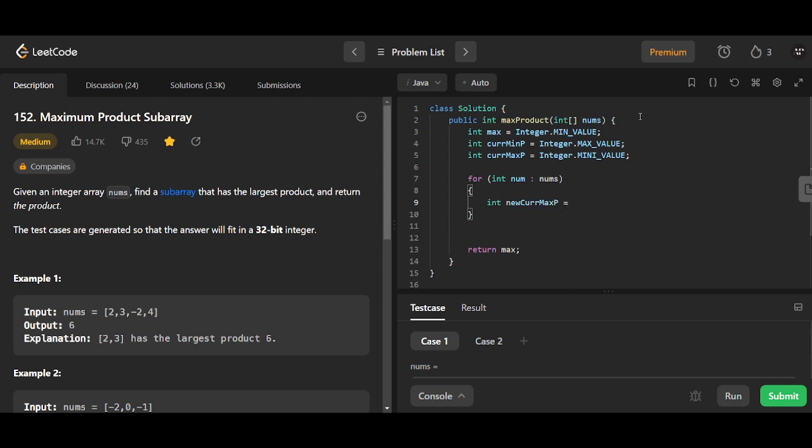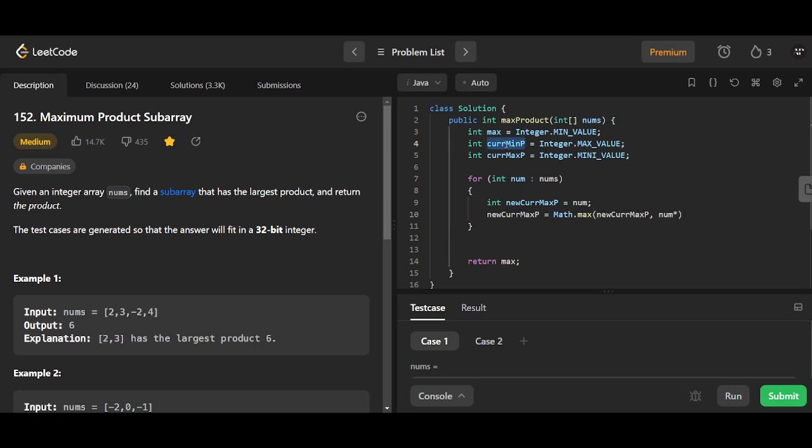To begin with, one option is num, and then you can do new current max p equals Math.max of the same thing, whatever this is, and num times